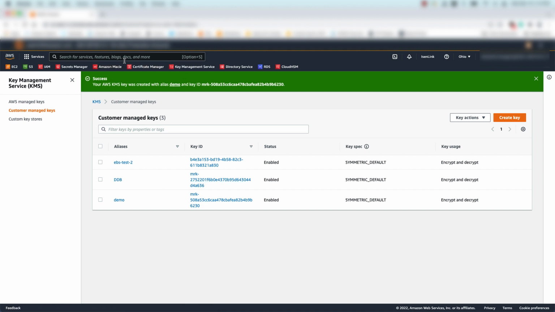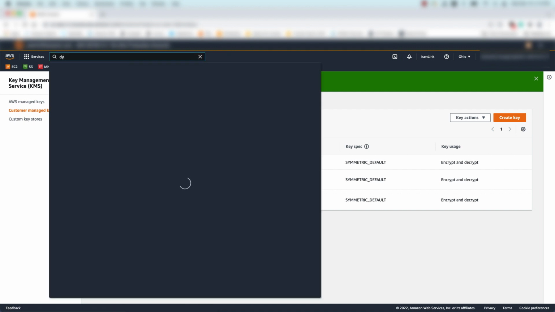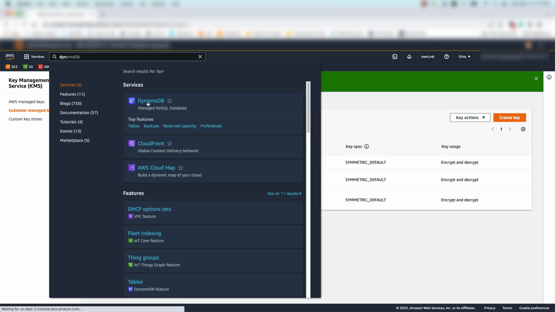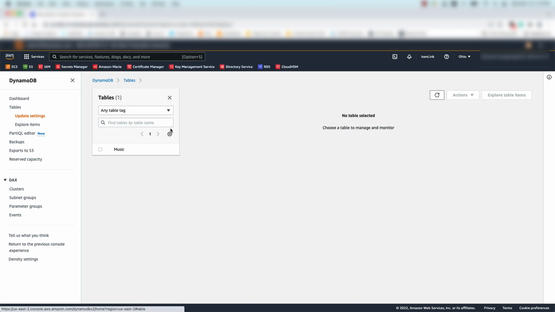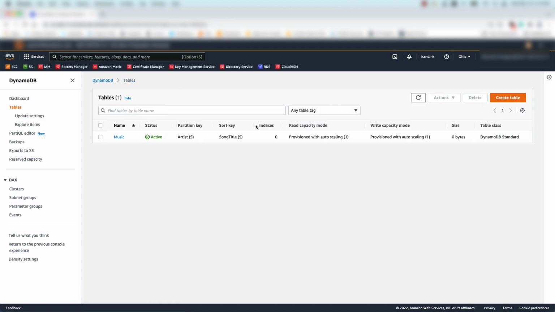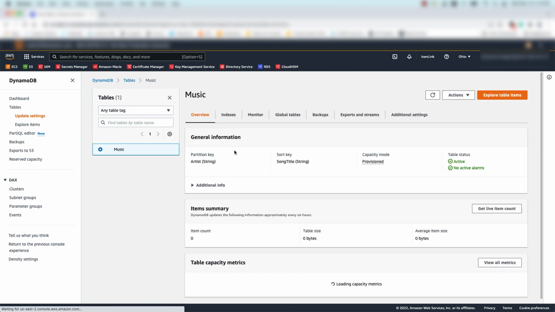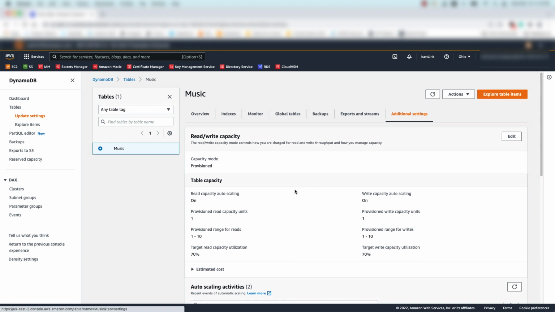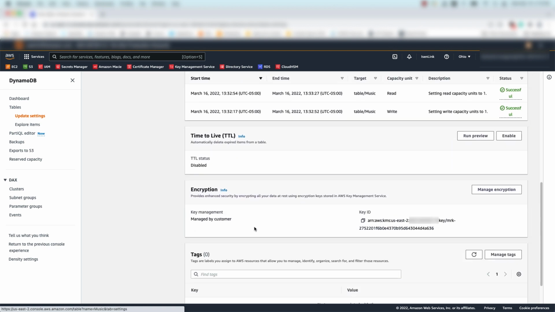I'll select the DynamoDB service and take a look at the table. Here, under Additional Settings, if you scroll down and find Encryption, you can see it is encrypted with a multi-region key, again indicated by the MRK in the key ID.